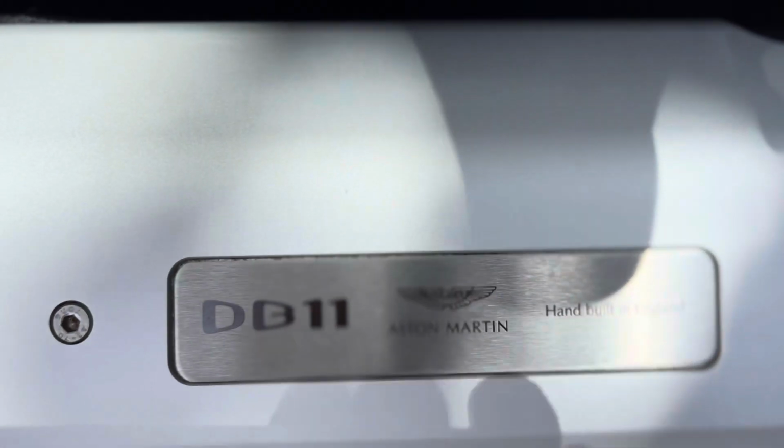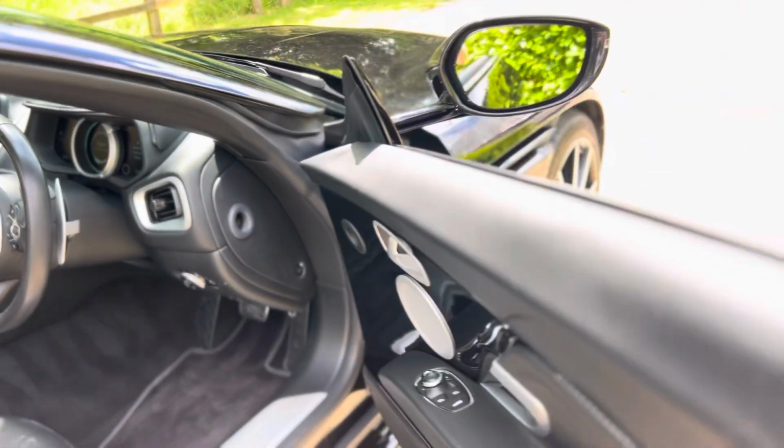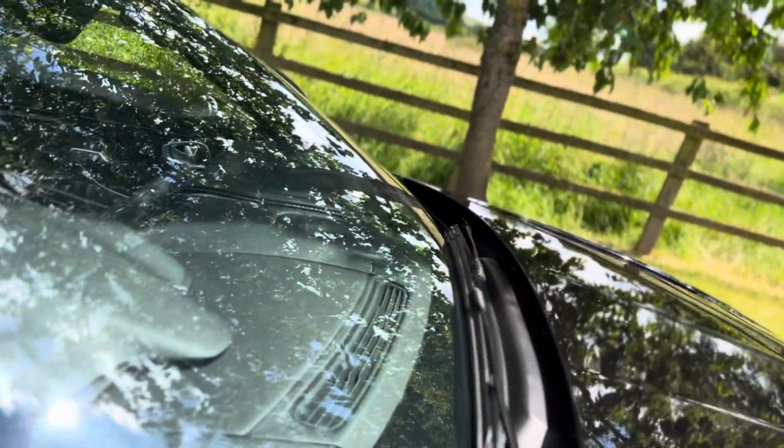And of course it has the plaque there which shows that it's hand built in England. Now I'm going to pop the bonnet and show you what we've got here,